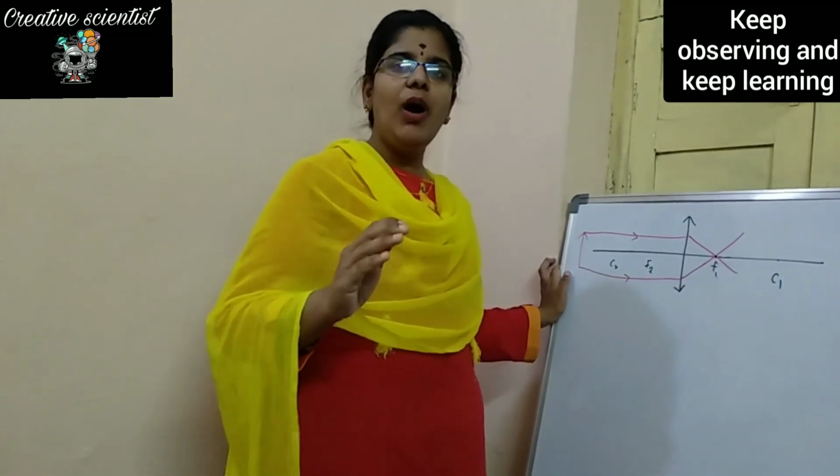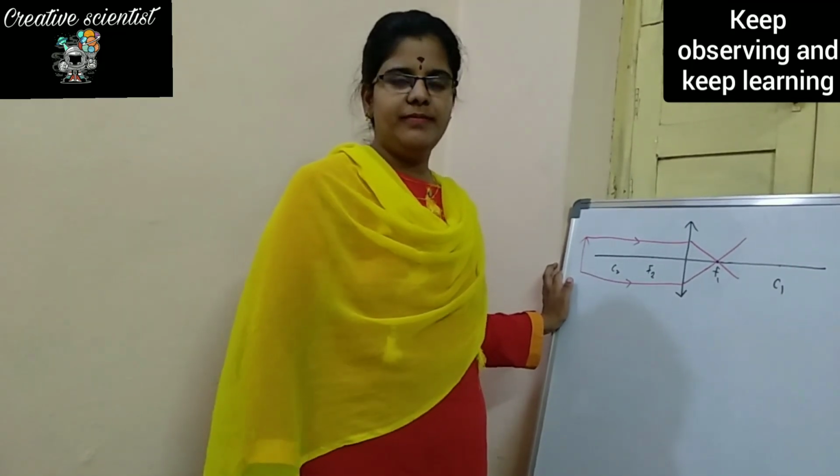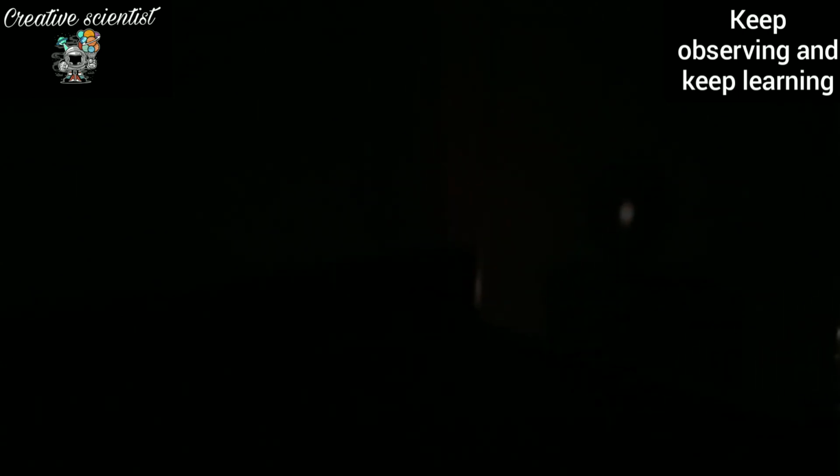So let us see how it is working in the night mode. Here you can see that I have placed a candle and the light rays are moving towards the magnifying glass, and it is forming a point size image. On the screen you can see that a small point is there. It is the image of the candle flame. So this is the first case where the object is placed at infinity and a point size image is formed at focus.